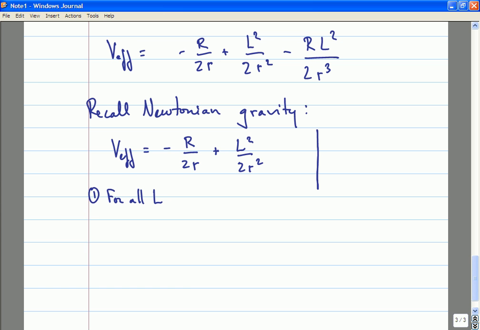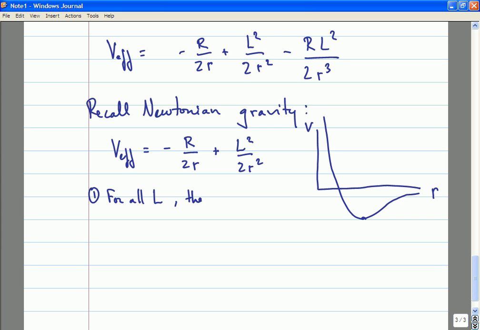What does it look like? At small values of r, it diverges like 1 over r squared. It has a minimum at some value of r, and then it goes to 0 like minus 1 over r at large radius. So this is V as a function of r. And so immediately you can see by looking at this that for all values of L,